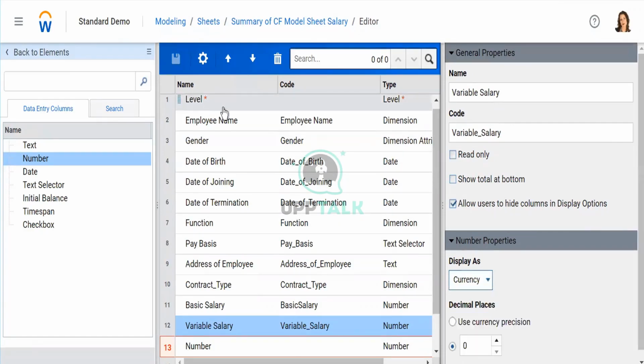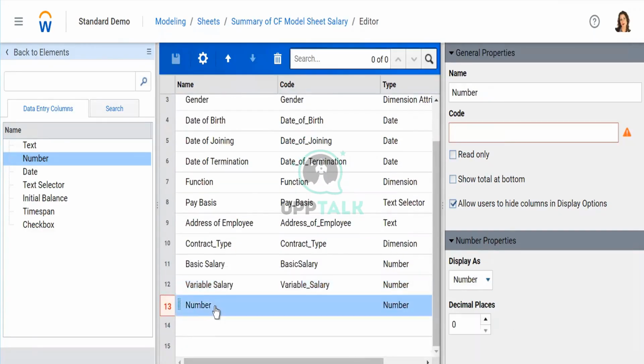Whatever level that particular employee is being tagged to, that currency is applied here. Bonus is also a number and it is a currency. We have done this.